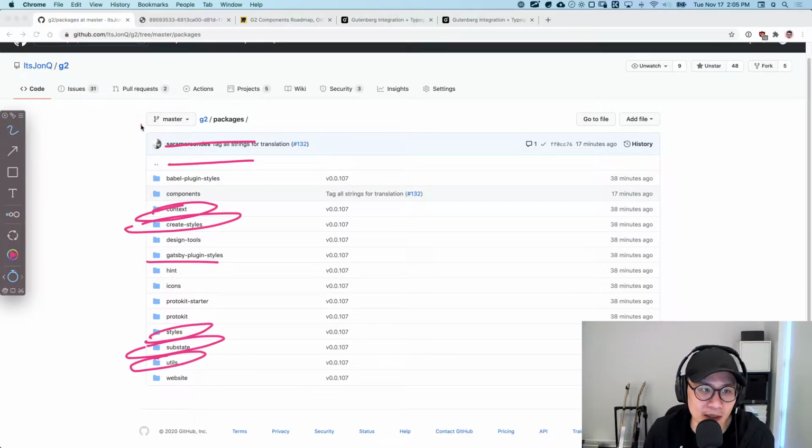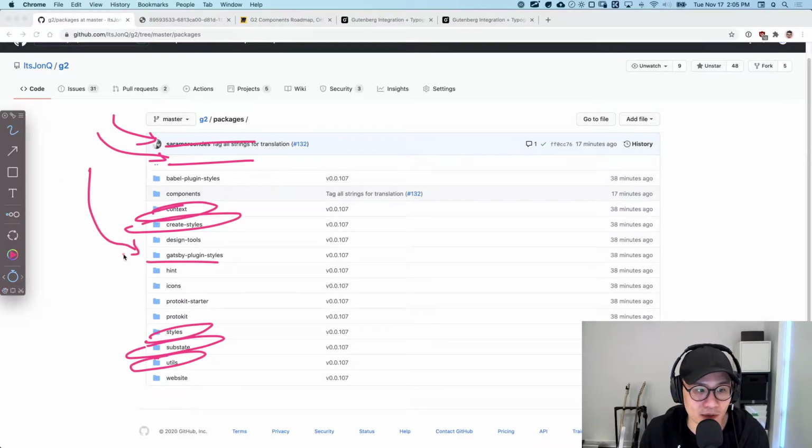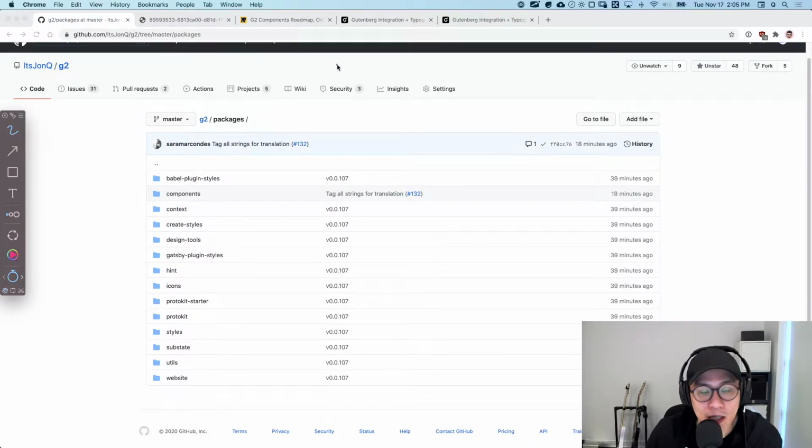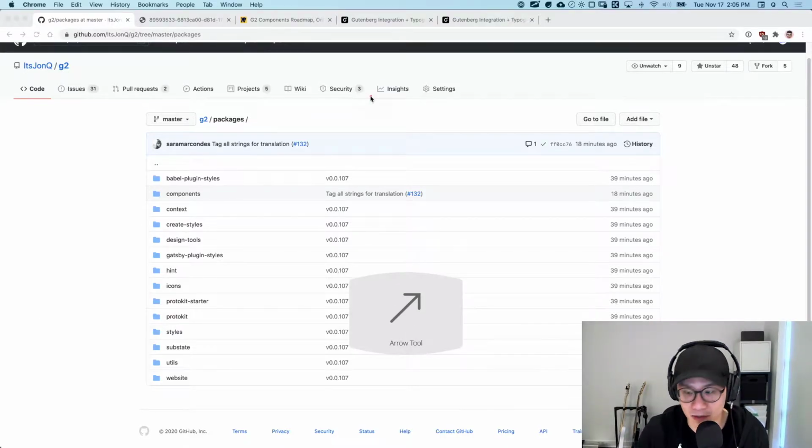So the reason why animation, accessibility, and gestures are no longer here, this was a change we made literally like an hour ago, is because these packages basically were just re-exports of libraries. So the animation system is basically Framer Motion, which underneath the hood I believe is Pose, which has now changed to Framer Motion. The accessibility system is basically